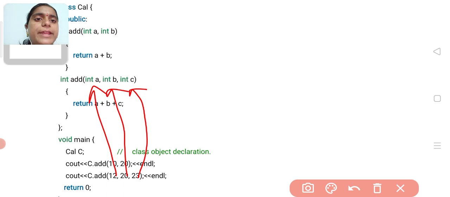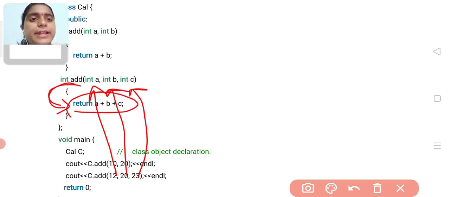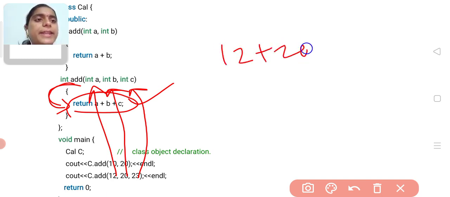Now we have the a value, b value, c value. Then it will execute the code inside this function. Here return a plus b plus c, means 12 plus 20 plus 23. The answer is